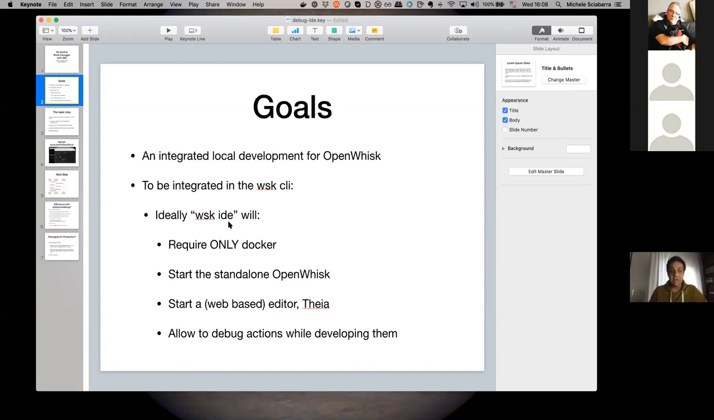So the idea I have is that we can maybe extend the wsk command line with an IDE subcommand that only requires Docker and will start locally a complete development environment, using standalone OpenWhisk to test and run the actions, and the web-based editor Theia. And in the process I also added debug support, which at the moment is developed by myself, but if possible, I can also integrate the Adobe